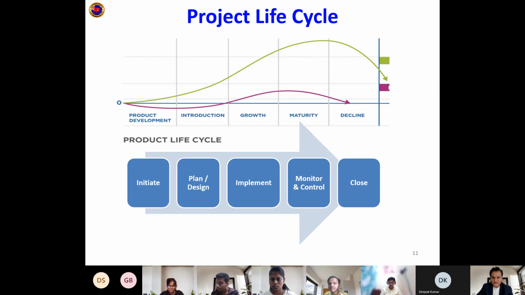The graph was not important. I was trying to draw a parallel with what a life cycle is. But now that you ask the question, the green line is the sales of the new product, and the other line, the red or maroon line, is the profit that you get from the sales. So what it shows is that the sale starts from zero and slowly grows. Can you see my cursor? No, sir. Okay, so the green line